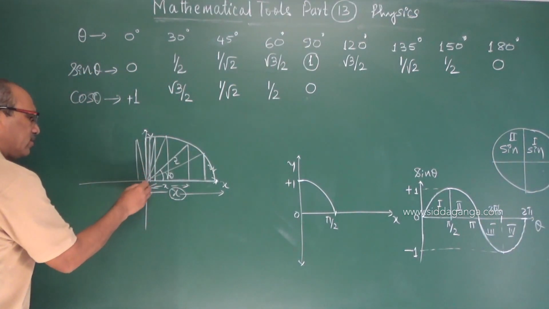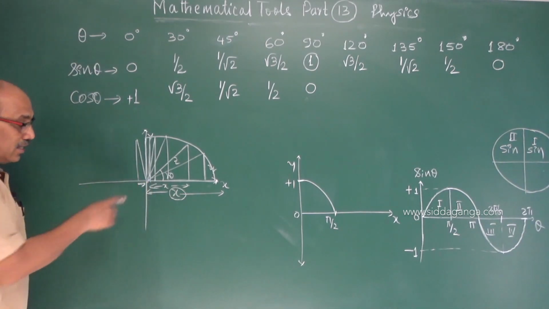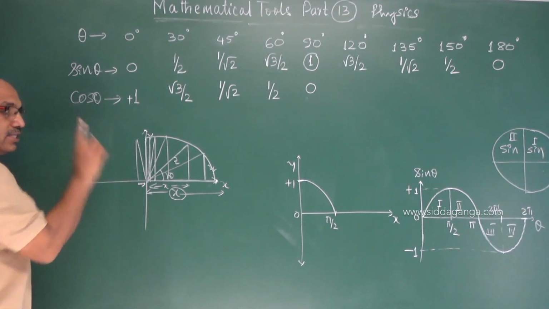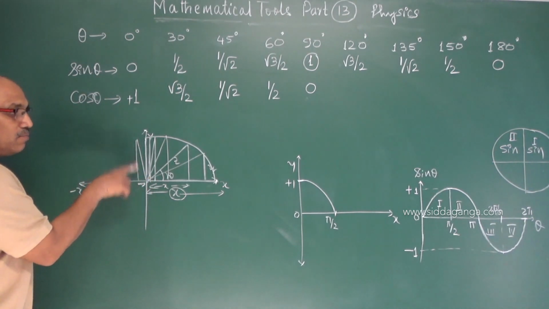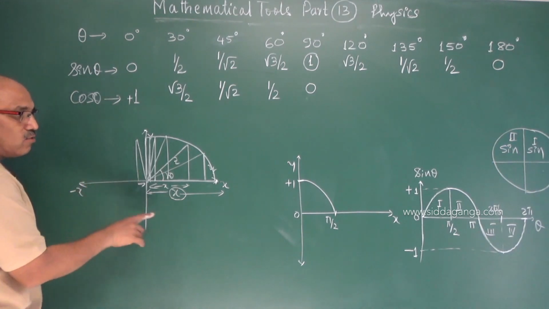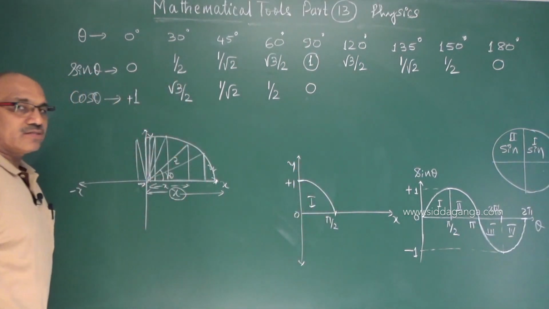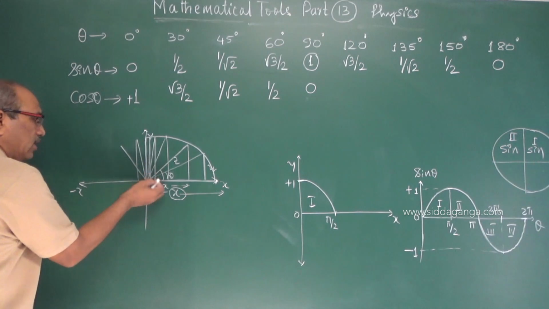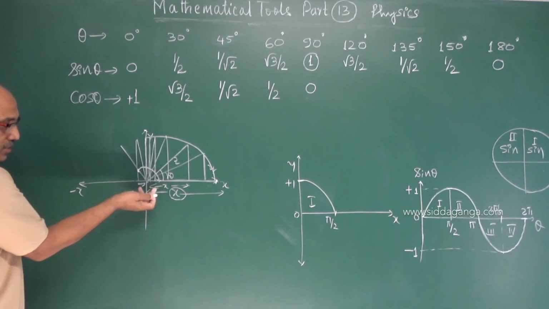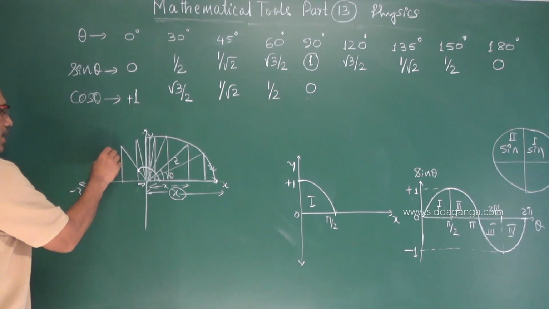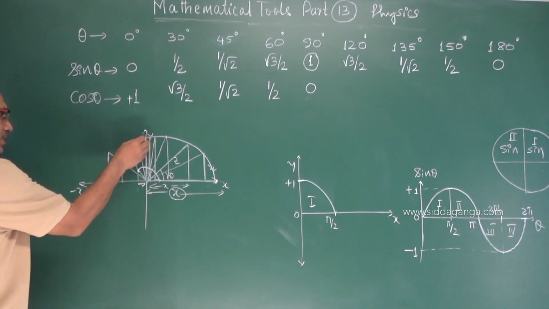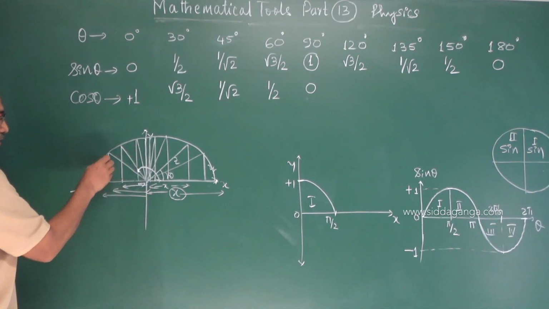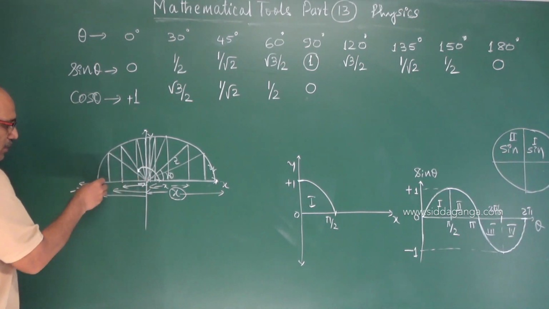Again x value is generated, but on the negative side of x. Please remember, negative side of x, x by z, z is always positive, x is negative. Because of this, the cos function in the second quadrant becomes negative. Second quadrant, cos becomes negative. But as the angle goes on increasing beyond 90 degrees, x value goes on increasing, but the negative value increases. When again x becomes equal to z